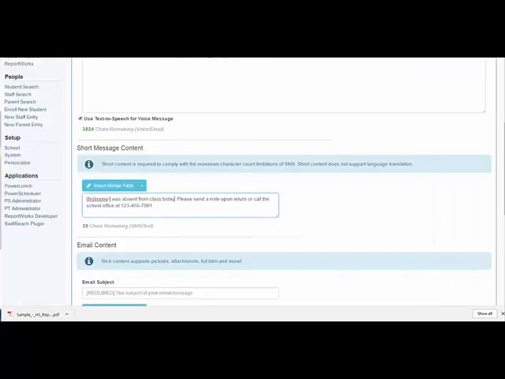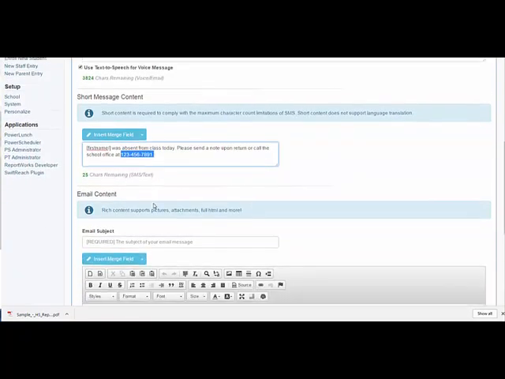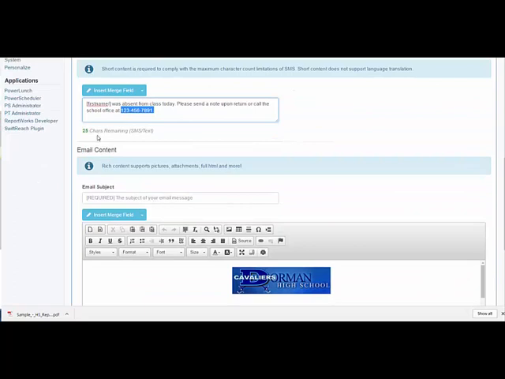You'll notice that that particular section for the phone number is not spaced out. And in many smartphones it can be used to simply tap on that particular phone number and call the school office directly. You do have 25 characters remaining in this particular section, so if you did want to address any other